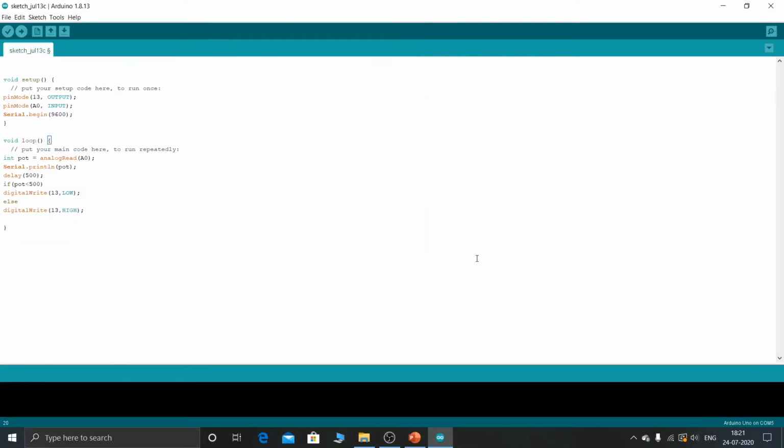So this was a very simple example of how we can use the serial monitor in your particular application, right? So as you can see in the code that I have written, the Serial.println command actually prints the value. What I have done over here is that I have used the analogRead function to read the data from the A0 pin where our potentiometer is connected, and I have stored that value in a variable called pot. And I am printing the values stored in that variable pot using this command, Serial.println.